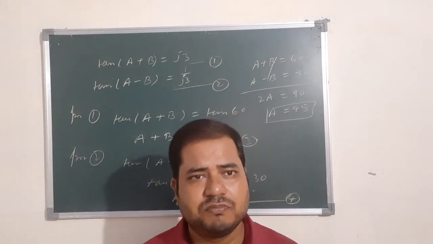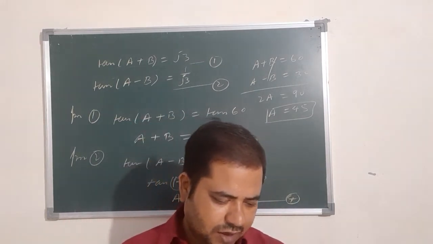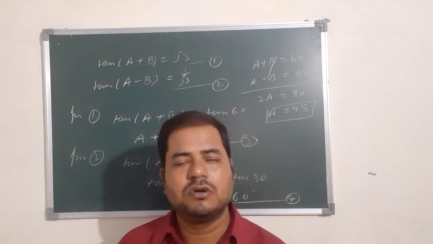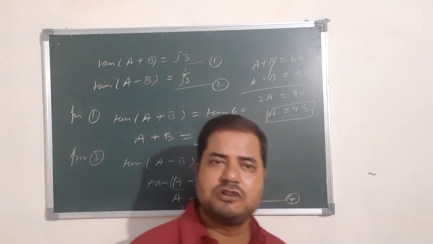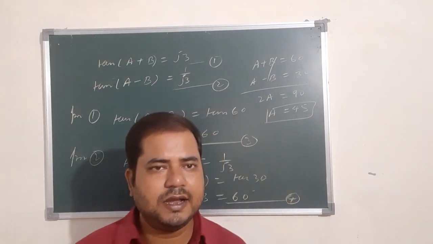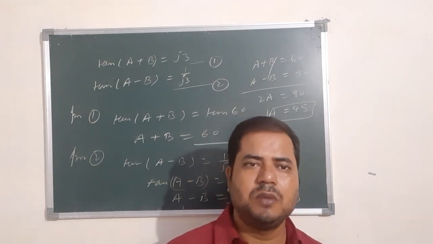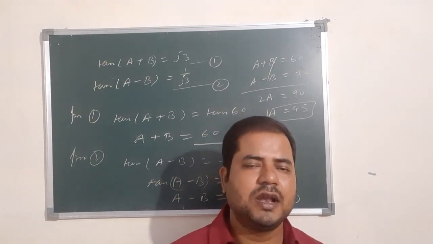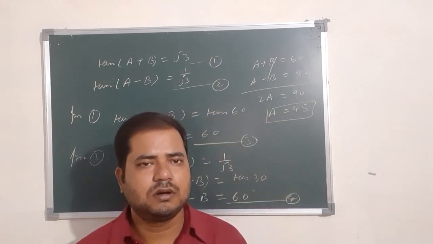It holds only for some values of theta, like 45. And cot A is not defined for A equal to 0. If you see, cot A is equal to 1 upon tan A, and tan 0 is 0. So 1 upon 0 is undefined. So the statement is true: cot A is not defined for A equal to 0.